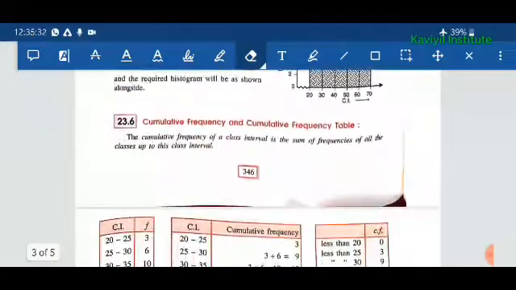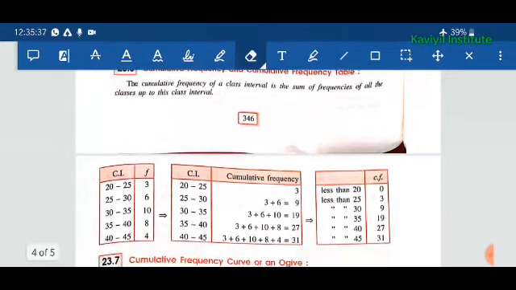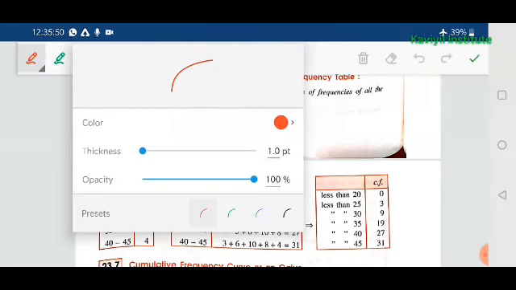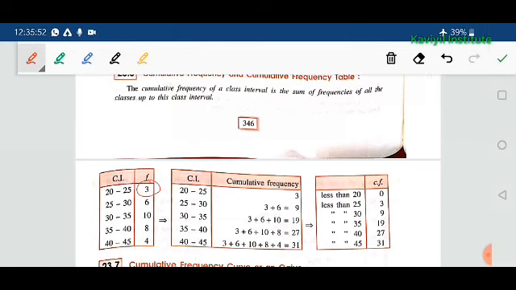so this class is also now a cumulative frequency table. Cumulative frequency, I know that you are familiar with from class 9. Now we'll just revise once again. Cumulative frequency means adding up each consecutive value. For the first class interval, the frequency is how much? 3, right? The first one is 3 and the second one is 3 plus 6, which is equal to 9. Again the next class is 3 plus 6 plus 10, that is 9 plus 10 equal to 19.